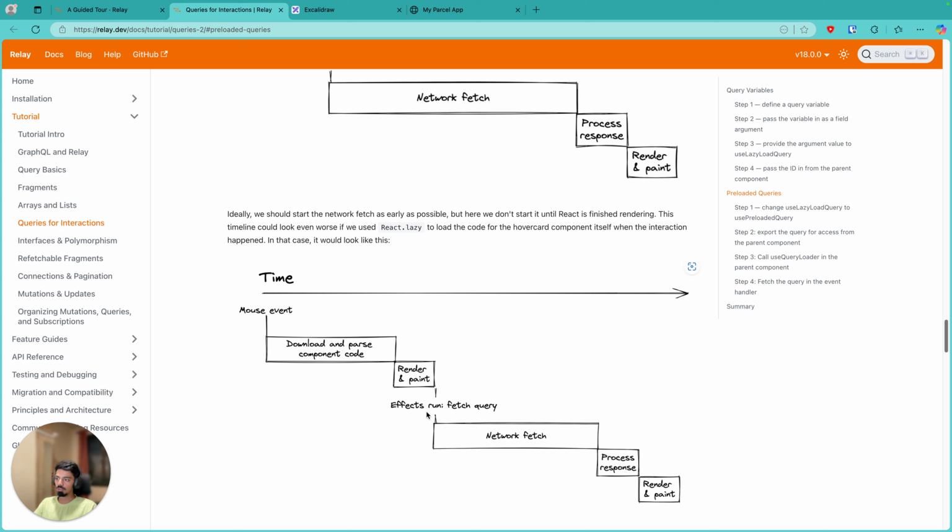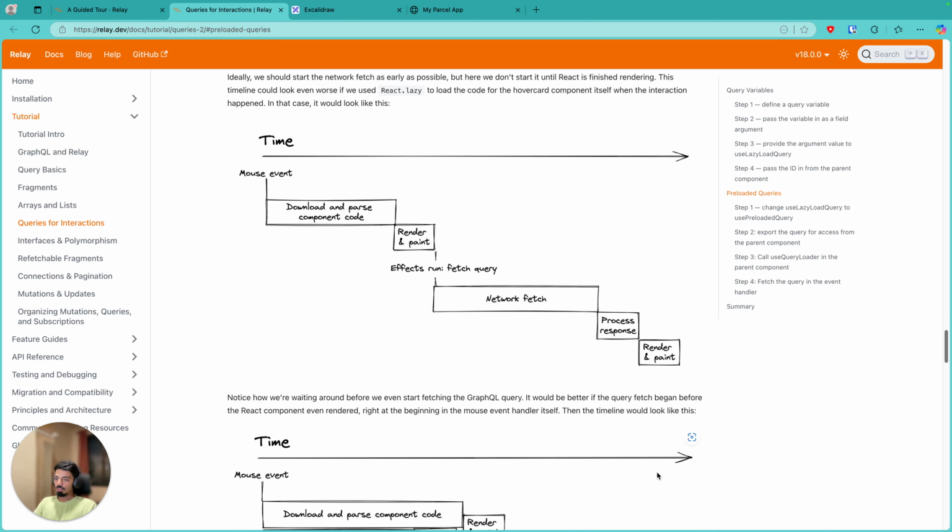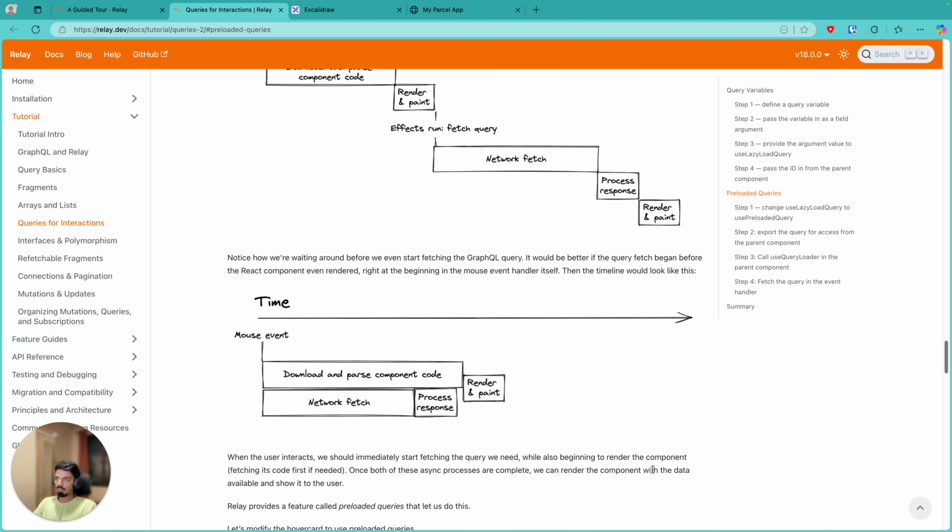Then you show a spinner while in the background you fetch the data to be shown in the modal. When the fetch is complete, you then process the response and then you show the modal with the updated data. So Relay says, why can't these two steps be done in parallel? Why can't you download and parse the component code and send the network call at the same time, process the response, do both of these things in parallel, and then render the component with